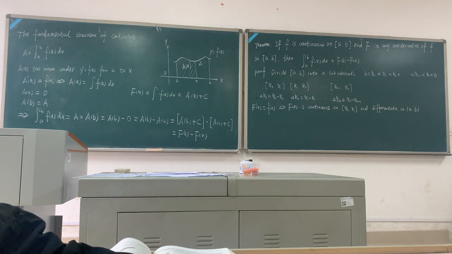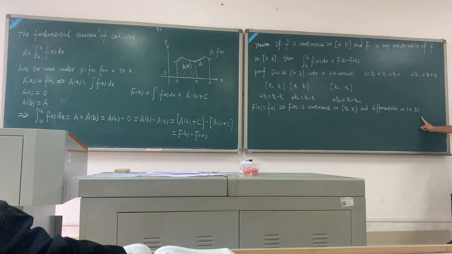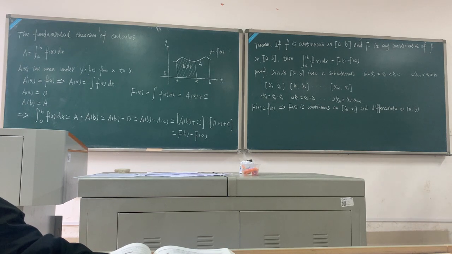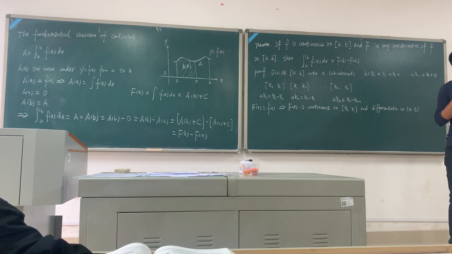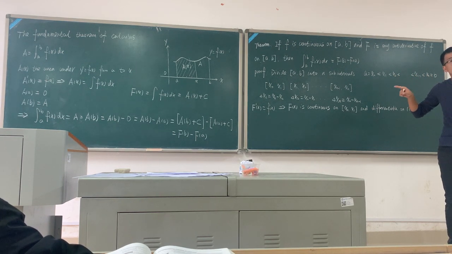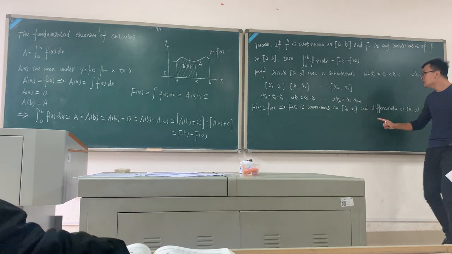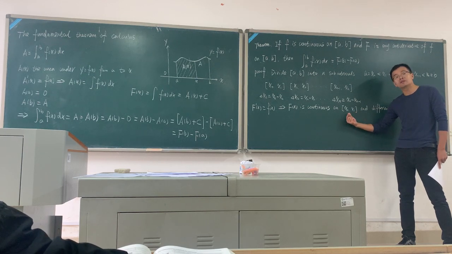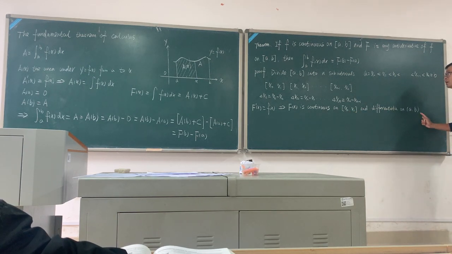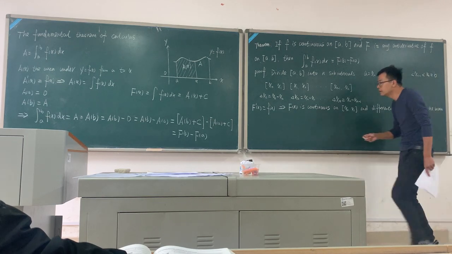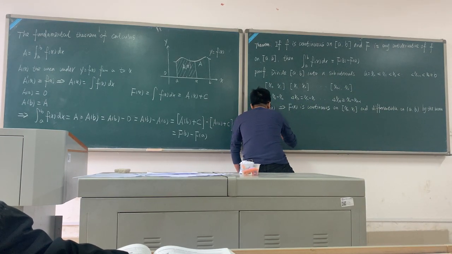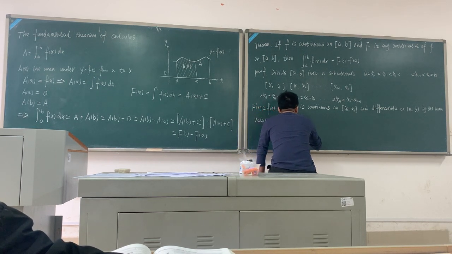So here we can use the mean value theorem. The mean value theorem means: if a function is continuous on the closed interval and differentiable on the open interval, then there is at least one point c such that f prime of c equals (f(b) minus f(a)) divided by (b minus a). Here the right-hand point is x1 and the left-hand point is x0. So by the mean value theorem,